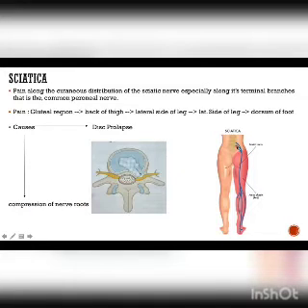As you can see, this is the course of the sciatic nerve in the lower limb. It starts at the gluteal region and passes along the back of the thigh, the lateral side of the leg, and the dorsum of the foot. It usually affects only one side of the body, and medications for pain and physiotherapy are common treatments for sciatica.